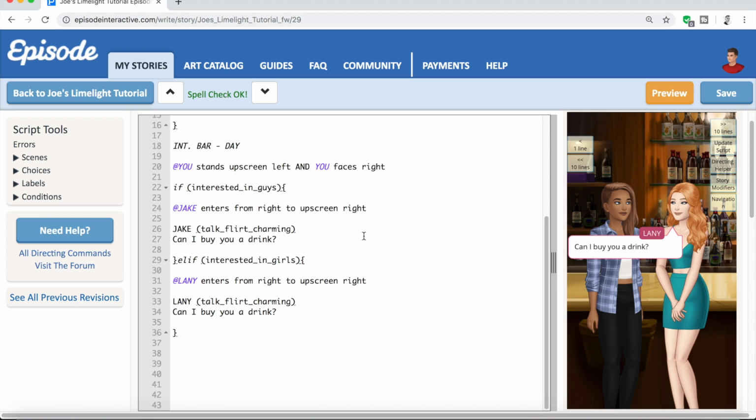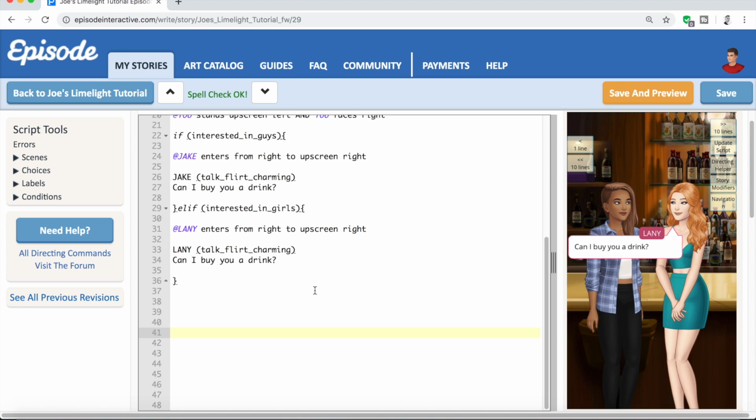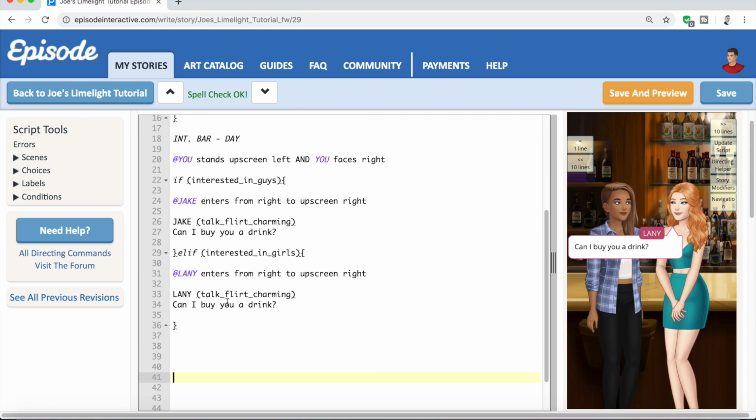And this same bit of code works for any instance in which you want separate things to happen based on the MC's sexual preference. It doesn't necessarily have to be used for just deciding whether a guy or a girl is in a scene. How about during a conversation with somebody, the MC says something about fancying the boy next door when she was younger, if the reader chose interested in guys, and saying something about her experience of coming out to her parents when she was younger, if the reader chose interested in girls. All we need to do is copy this bit of code